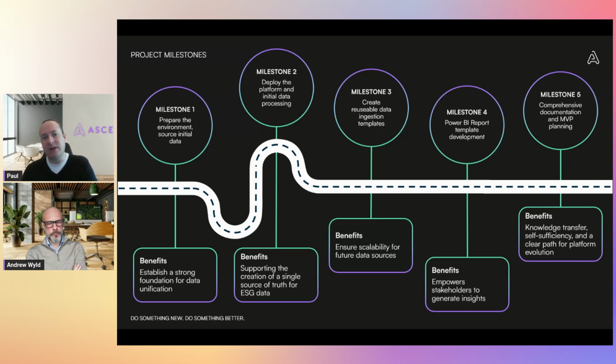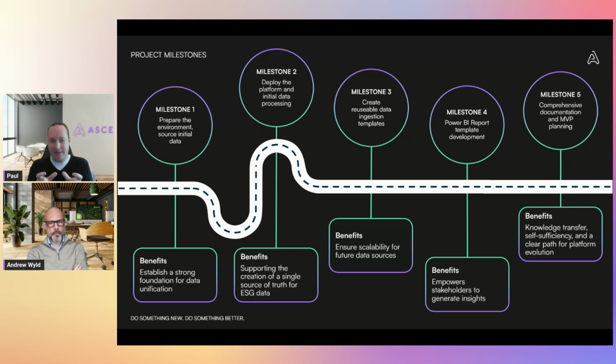Milestone 3 was really creating that reusable ingestion pipeline. As with any sustainability solution or any data project, to be honest, you need to start small. You need to think, what's my scope that I originally want to start with? So in this particular case, it was Scope 3 Category 1, but even as a subset of that, we only targeted a set of countries. So we took a handful of countries that we wanted to source that data from, rather than trying to tackle every country in the world at the same time. So really what we wanted to make sure is we were building something that was repeatable and reusable, not only when we onboarded new customers or new countries, but also when we pulled in additional scopes and additional data.